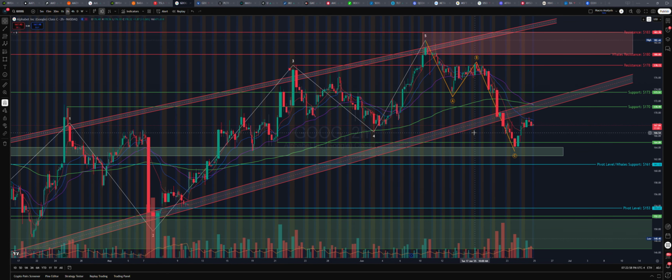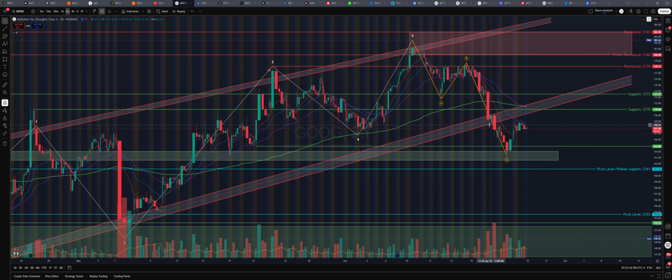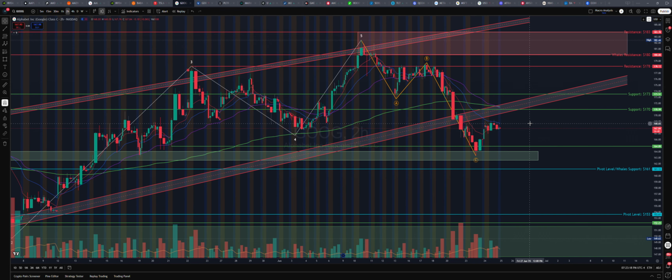If we do not get that, what you will be looking at here is a 5-wave move to the downside. It's 1, 2, 3. If you get a rejection here, 4, and prepare for a 5-wave move towards that 161 again, or even lower. Watch to see a rejection here at the 170 area. That's what I'm watching for right now. So you want to see a retest of this 164. You want to see this retest hold. If not, you want to see us move above this 170, 173 in Google.